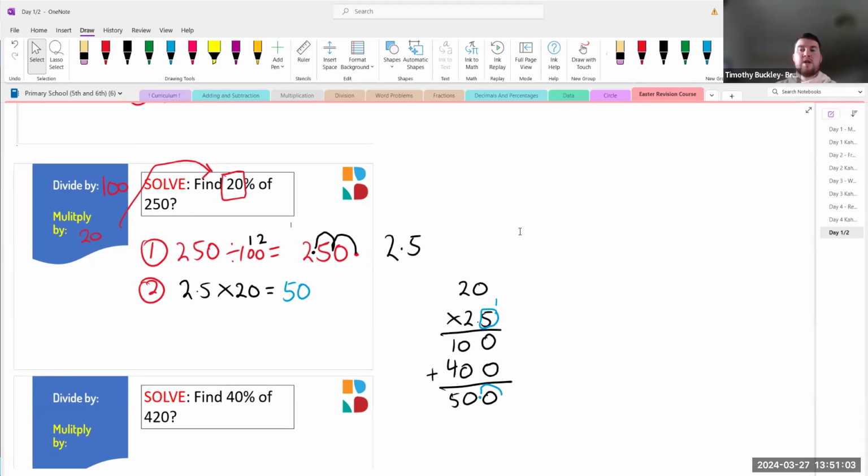If you do it the fraction way, Ava, that's absolutely fine. So this is just the way that I'm showing it now. But there are different ways, different teachers teach it different ways. So if you prefer the fraction,